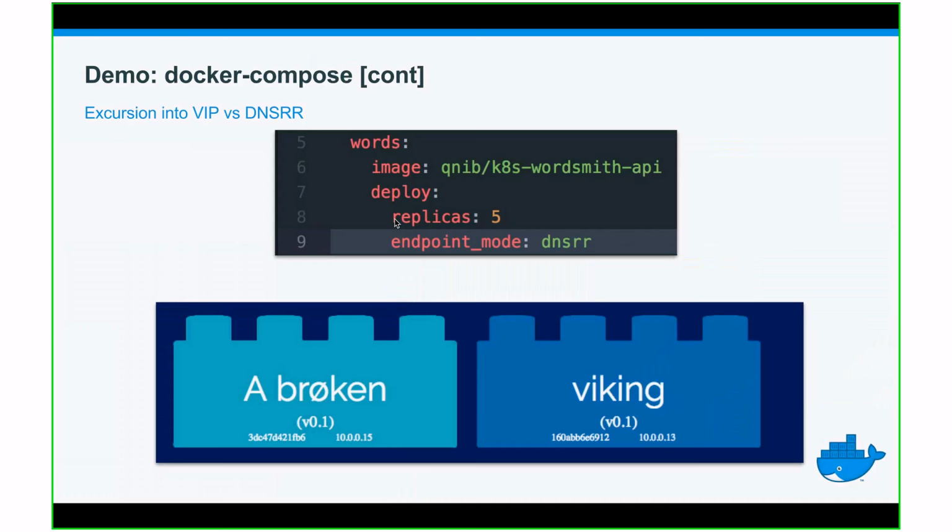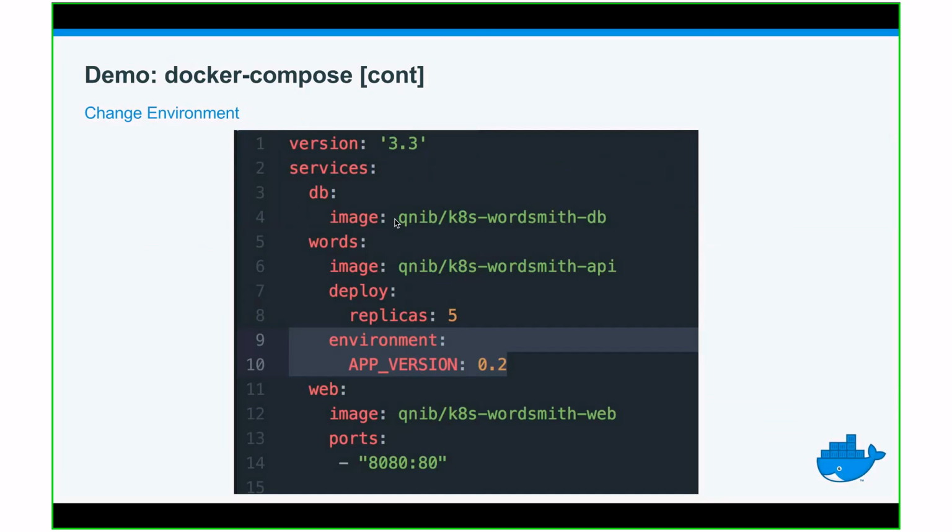And if you use DNS round robin, it will not use this virtual IP address, but it will use the real IP address of the container, and it will serve it with this IP address. And it will round robin, as the name indicates. And this is rather slow because round robin in DNS has to be updated, and so sometimes it takes a couple of seconds. So that's why VIP is the thing to do.